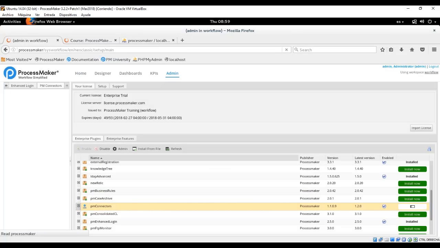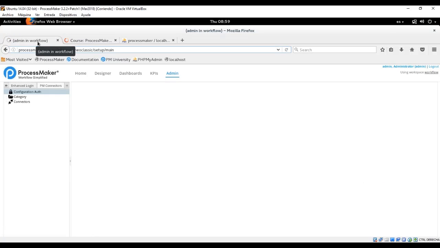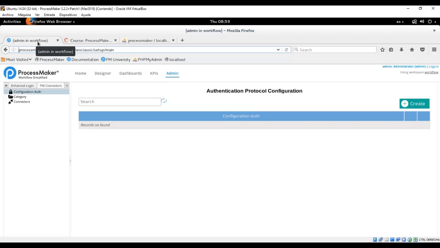Let's see. Okay, so this is the PM connectors